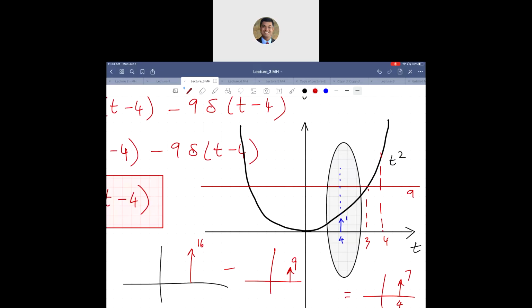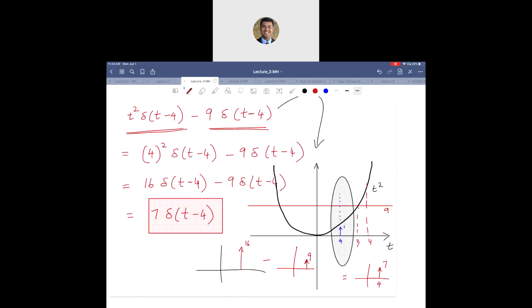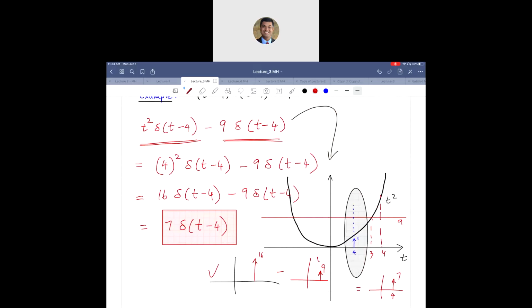Other questions? But the main takeaway from here is the fact that you are going to get two impulses, you subtract to get your answer here, which we have already expressed mathematically using 7 delta of t minus 4. All right, other questions? All right,